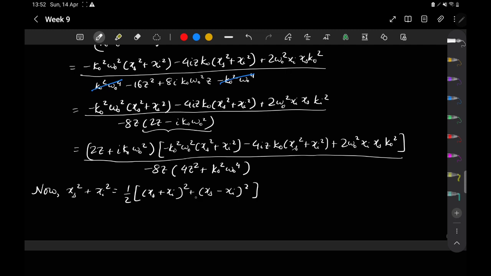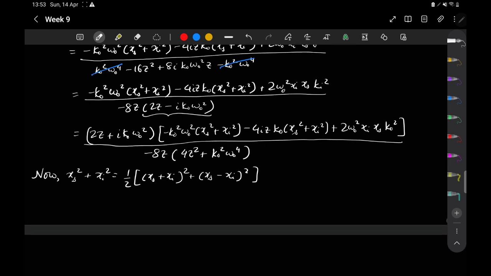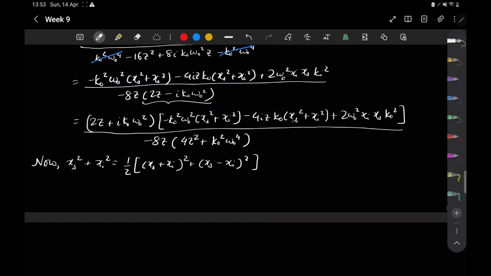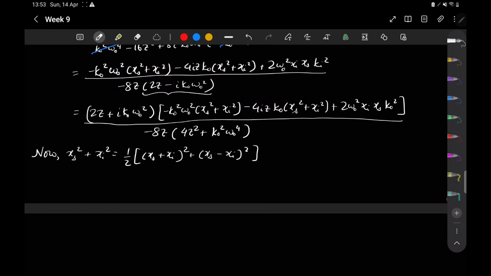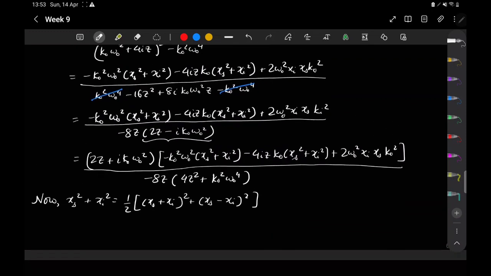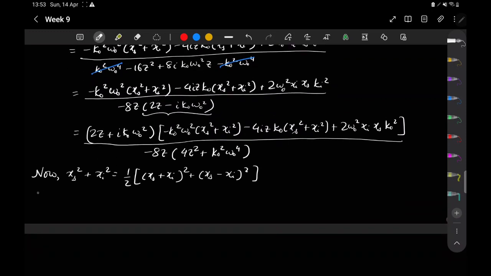So the cross terms will cancel out, and then we'll be left with this sum of squares. So by making use of this, this term inside exponential,